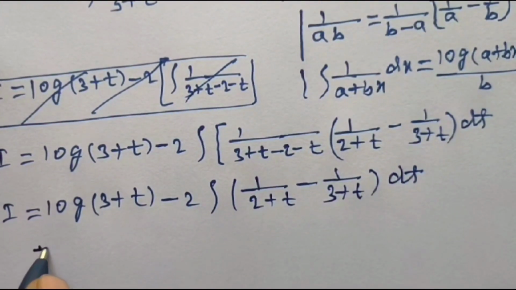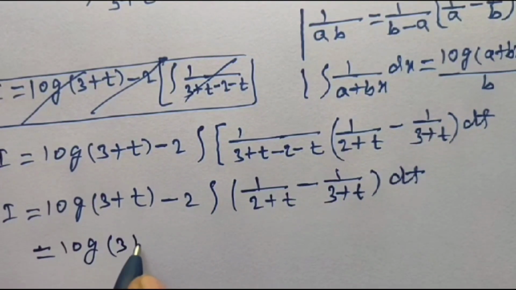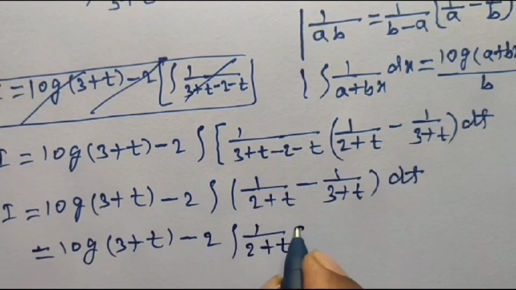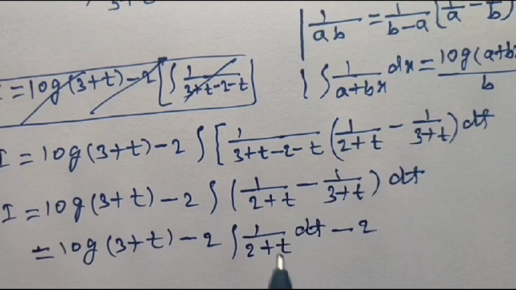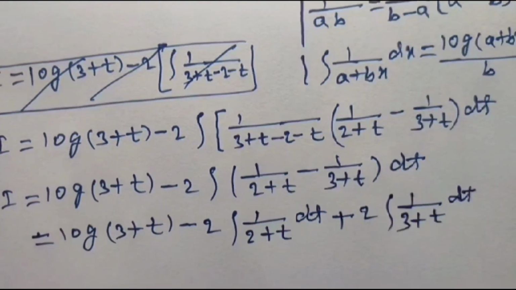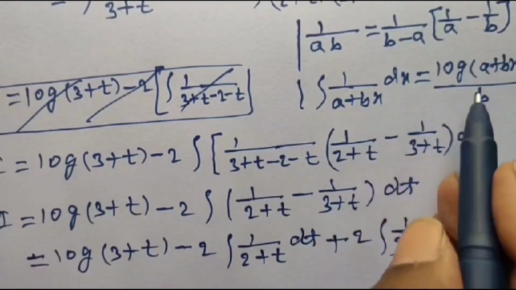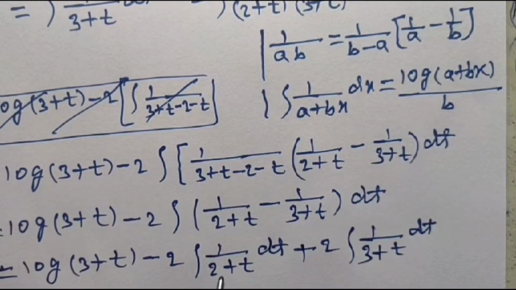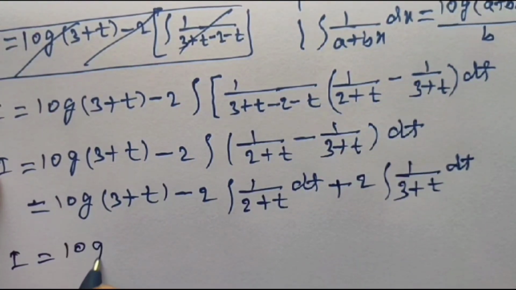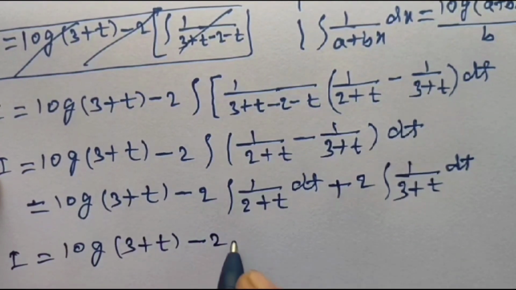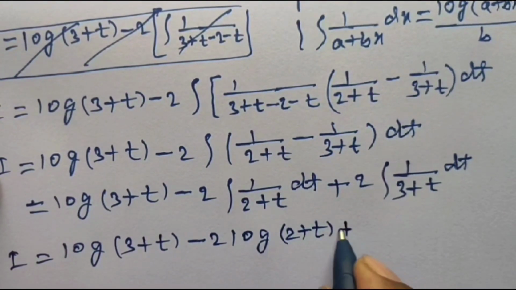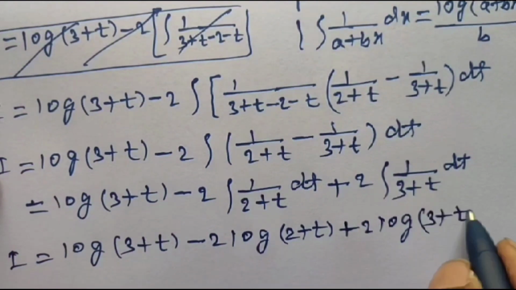Separating integrals, this is equal to log of (3 plus t) minus 2 times the integral of 1 upon (2 plus t) with respect to t, minus 2 times minus, that is plus, the integral of 1 upon (3 plus t) with respect to t. Now again applying the same formula, we have to apply it here to get the value of this integral and this integral. Hence I is equal to logarithm of (3 plus t) minus 2 into logarithm of (2 plus t) divided by the derivative of (2 plus t), which is 1, plus 2 times logarithm of (3 plus t) plus